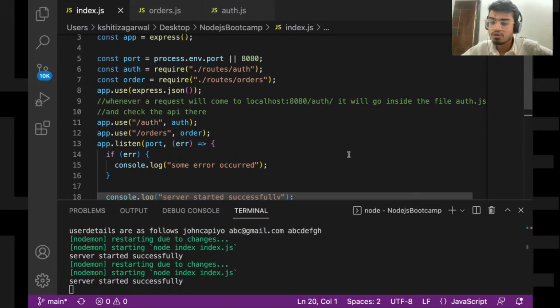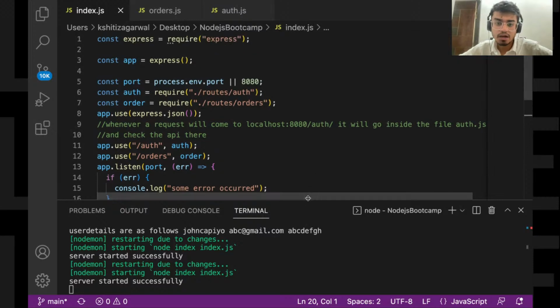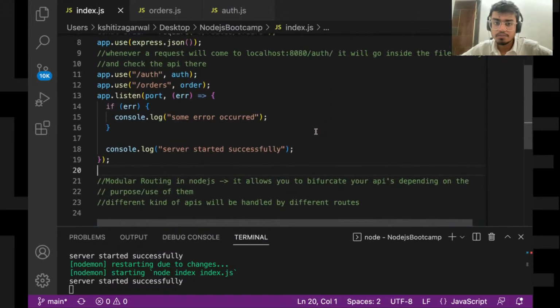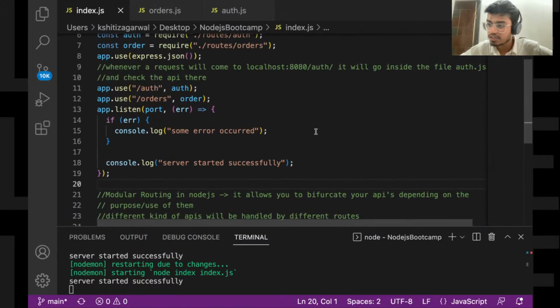So I'll give you guys 2 minutes. Just have a look at this code. Let me know any of your doubts in the chat section. Then we'll start with the project.